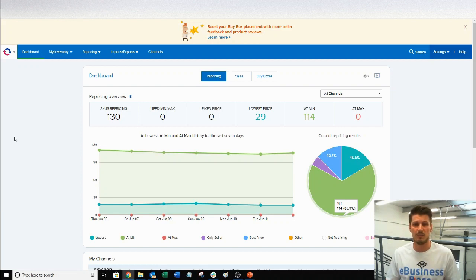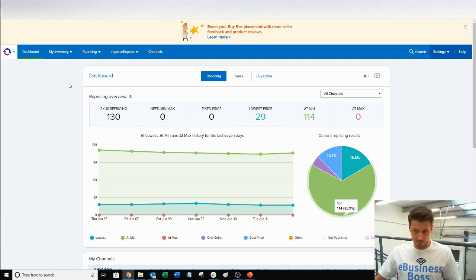products, and Amazon's quite competitive as it is, so I don't want to be giving away too many of our good products. But as you'll see through here, the numbers don't look particularly great, and some of the products aren't very good either. I just wanted to show you inside RepricerExpress rather than our account, so I hope you understand that. But anyway, now I've explained that, this is the dashboard.